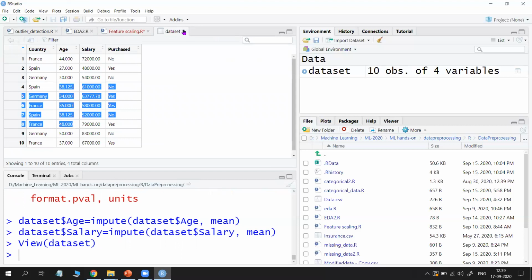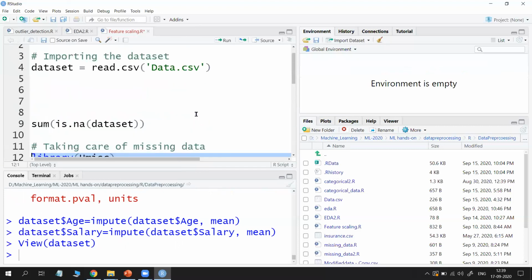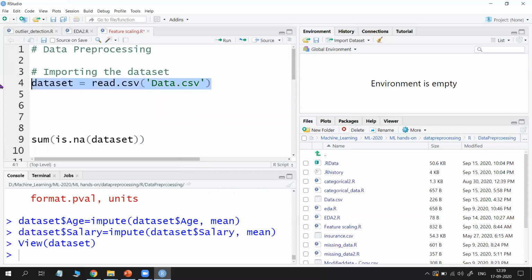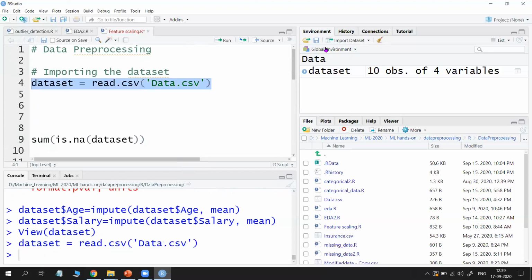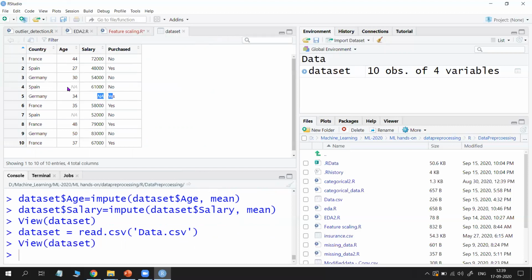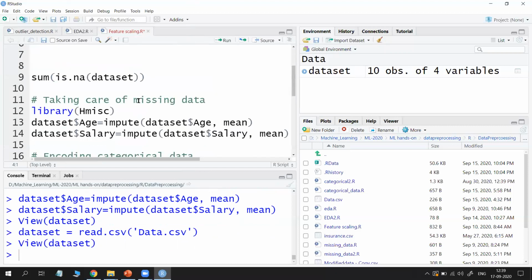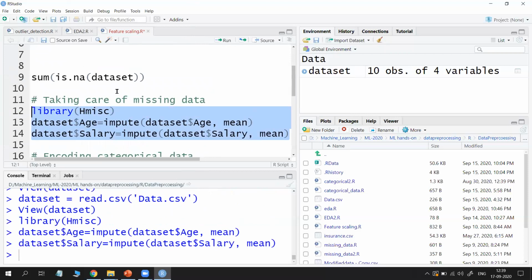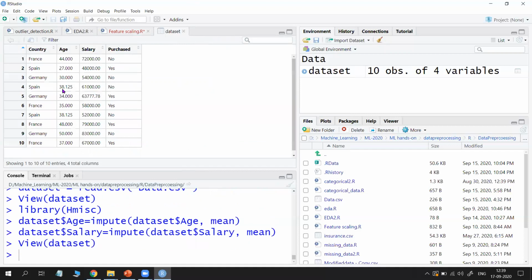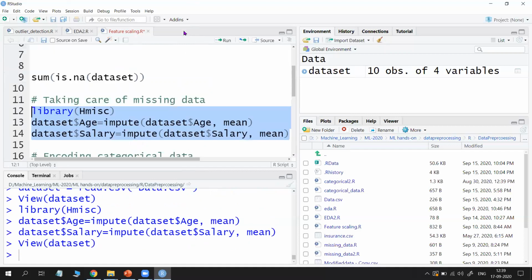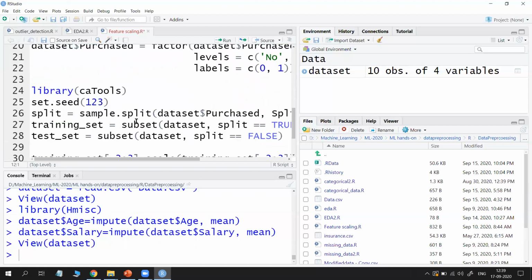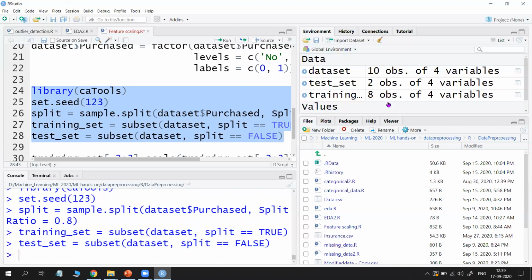Actually, I will try to show you from the beginning. Okay, removed everything. Now if you load the data set and run it, open it, some NAs are there, missing values. How to handle missing values I discussed in my fifth video. You just go to the fifth video and listen. But I executed it here using the Hmisc package. Now open, there are no missing values. Now I am splitting the data using the caTools package. As I discussed two methods, I am using one method. Now 80 percent, 8 samples for training and 2 samples for testing.